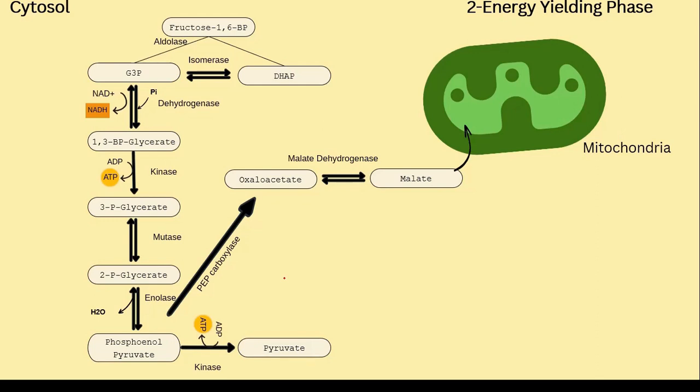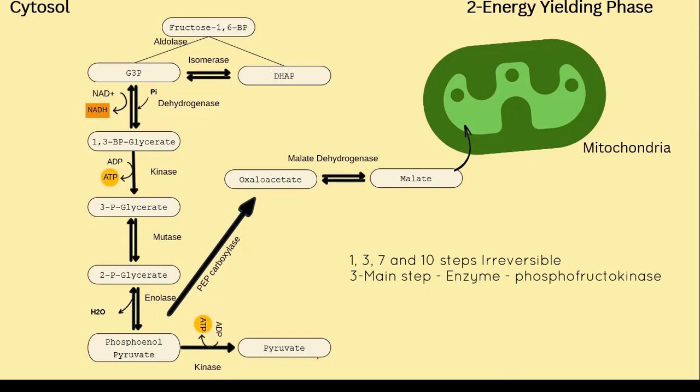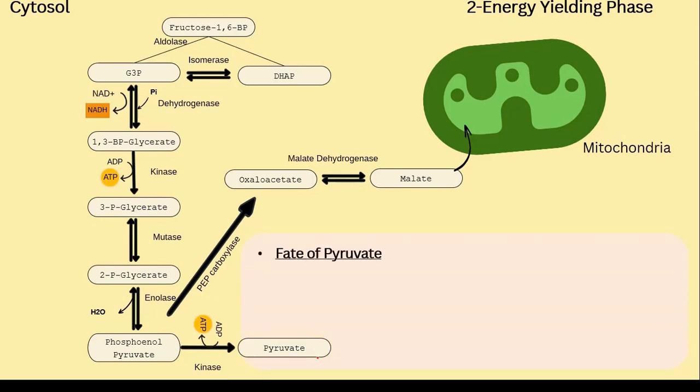In the process of glycolysis, 4 steps are irreversible: first, 3, 7 and 10. These are rate determining steps, but out of all these steps, only the 3rd step we call the rate determining step, which uses the enzyme phosphofructokinase. 2 molecules of pyruvate produced at the end of glycolysis